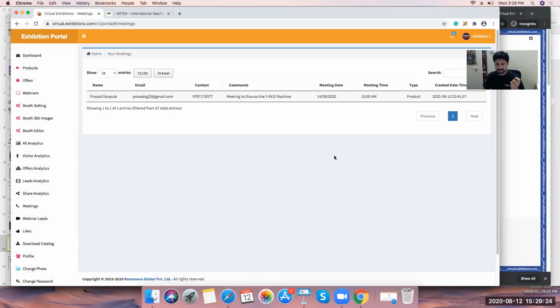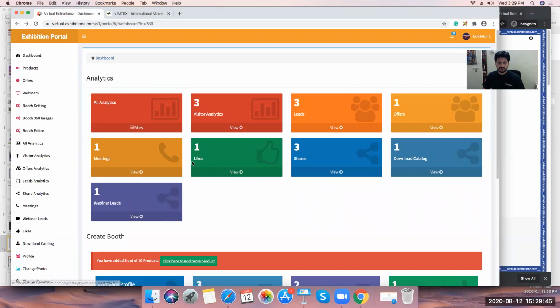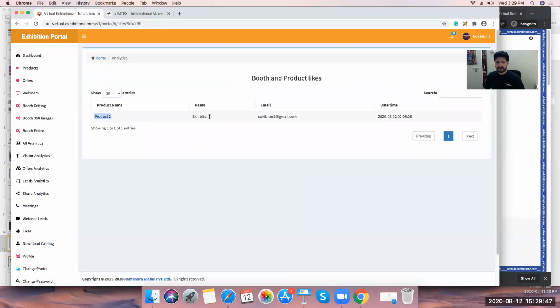Once I have shown you the exhibitor login, I will take you to the organizer login as well. This is the exhibitor login, which will be only for a specific exhibitor and their data.